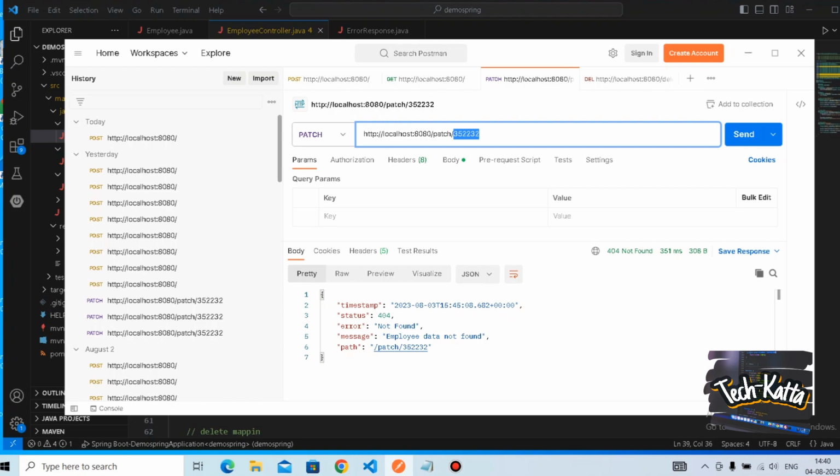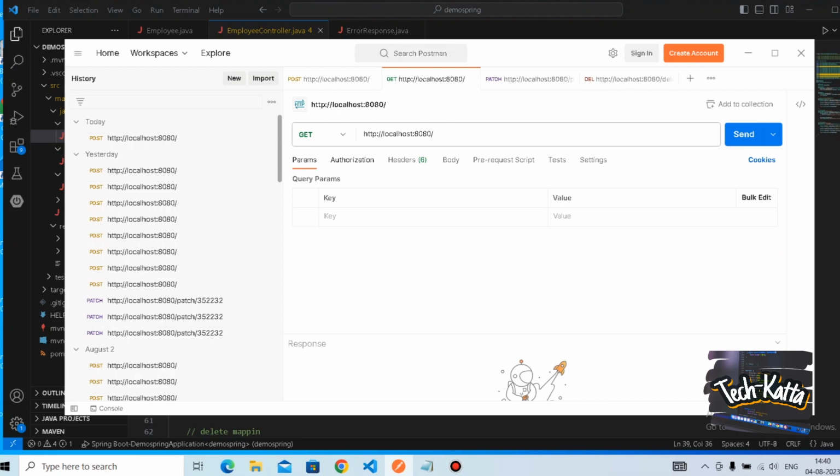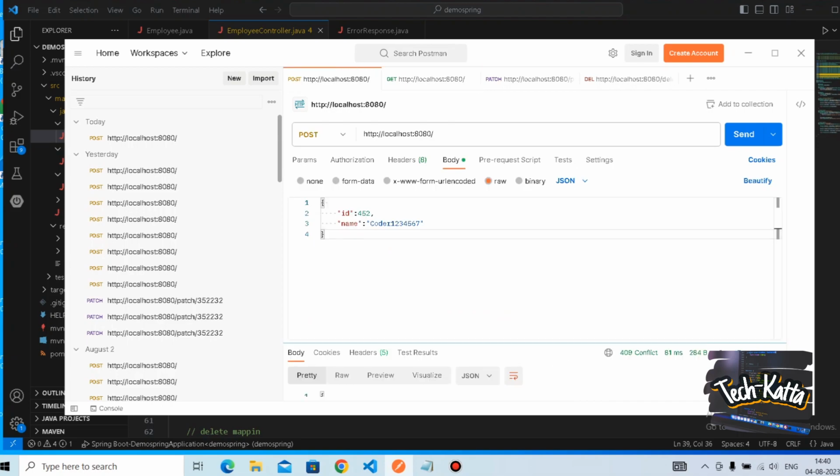Spring Boot is providing a default exception object like this. It will return a timestamp, status, error, message and path. Okay, so here we can set the message like employee data not found. Okay, and a specific message for that API or operation. Okay, so this is a default body which is provided by Spring Boot, and also we can customize the